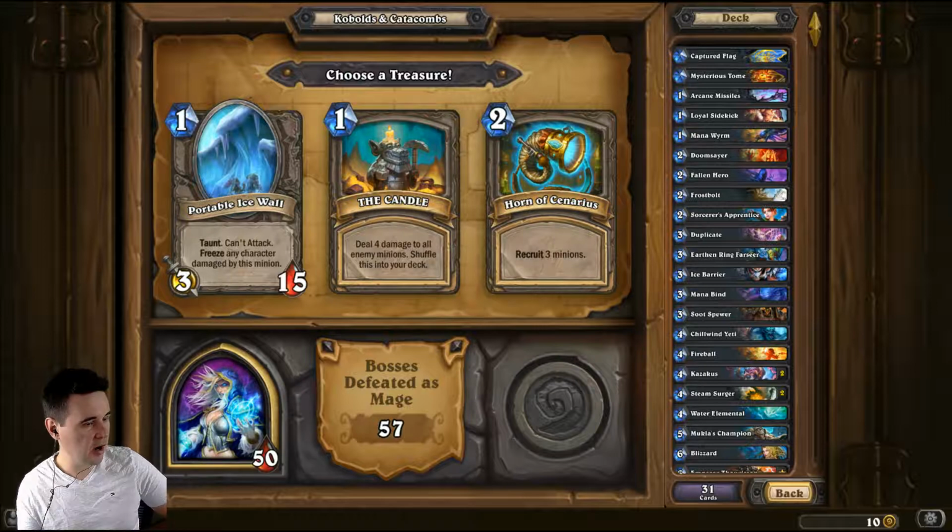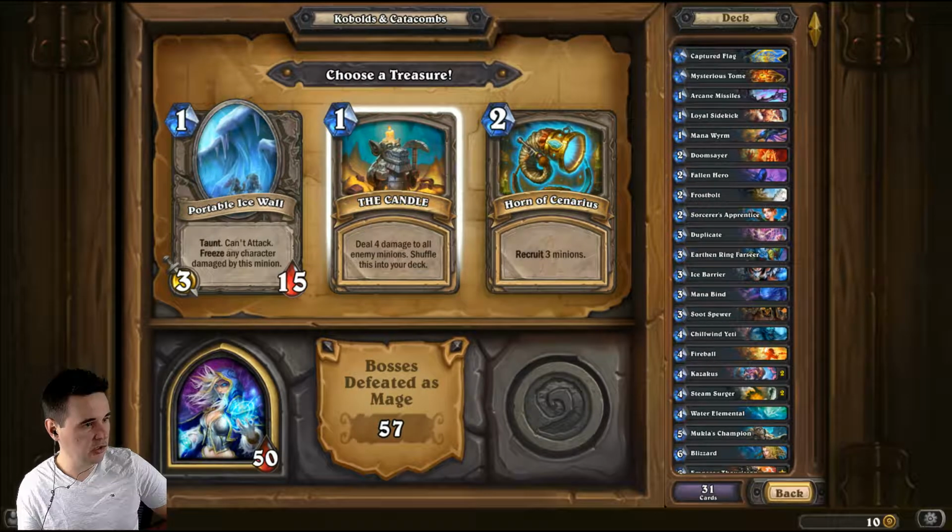This is actually tough. I like the idea of deal 4 damage to all enemy minions just because I'm not sure what we could necessarily go against. So we've been going against a lot of minion-based decks, so I feel like that's actually pretty good. The fact that we can reuse it. Let's take the